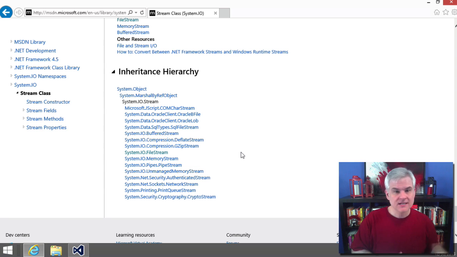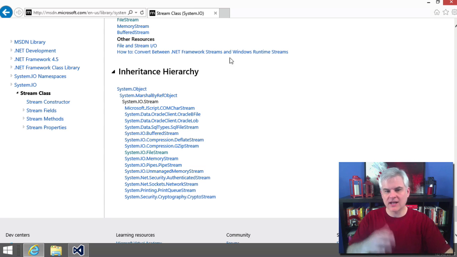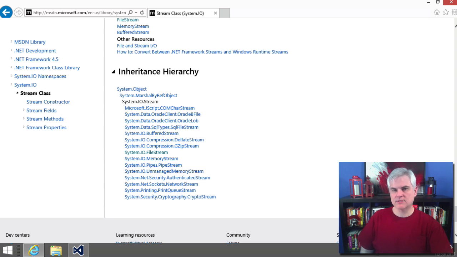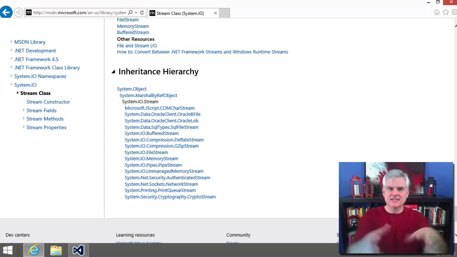dramatically different. Some will work with streams of bytes in database data like Oracle or SQL Server. Some will work with zipped files, so bytes that are stored in zip files. Some with bytes that are streamed over the internet, and much more. You can see just the names kind of lead you to understand what those particular classes are used for. So what I understand when I look at all this is that